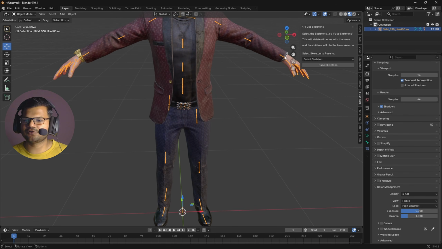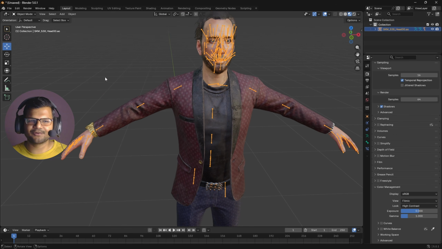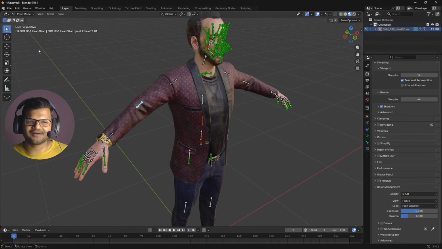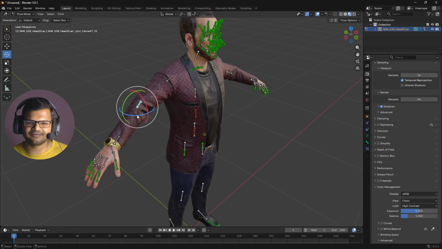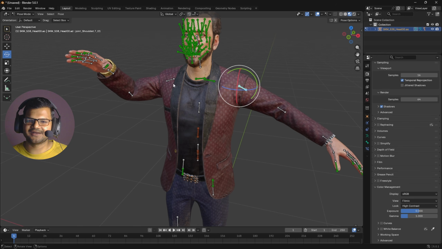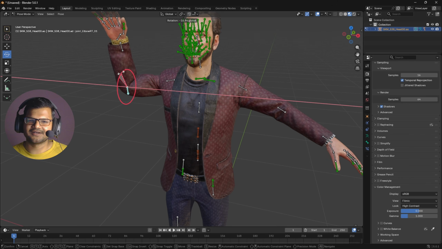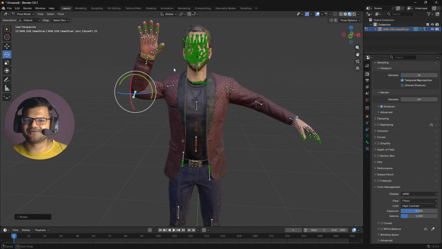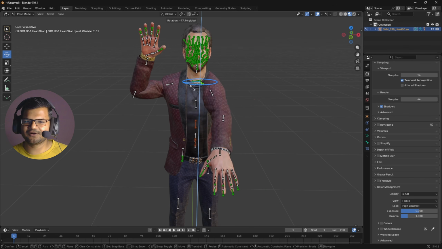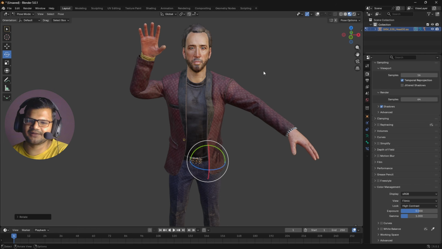Okay, now we can also pose the model. You can see there are very few bones because we were using PSK format, and we can easily pose this model. So we will just select the bones and then go to this pose mode, and we can actually start posing our models. Okay, so let's click on this wheel. You can see we can rotate his hands, we can do this kind of thing. Okay, so we can actually make this guy do a little hi kind of thing, like this. You can see he is waving at us, and we can do a lot of things with his body. Okay, so there are a lot of things that you can do. It's up to you. The posing takes time, but slowly you will learn how to